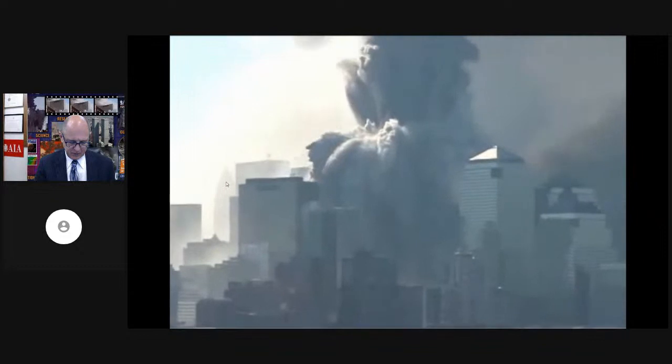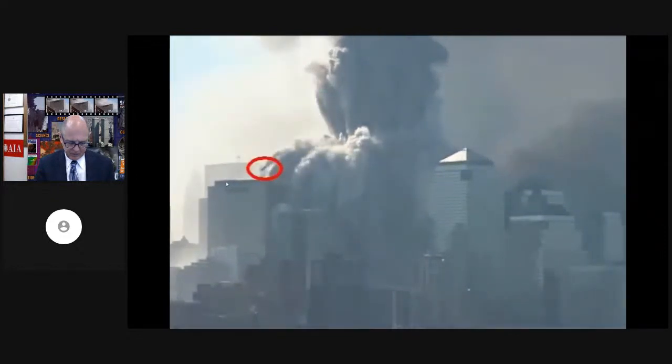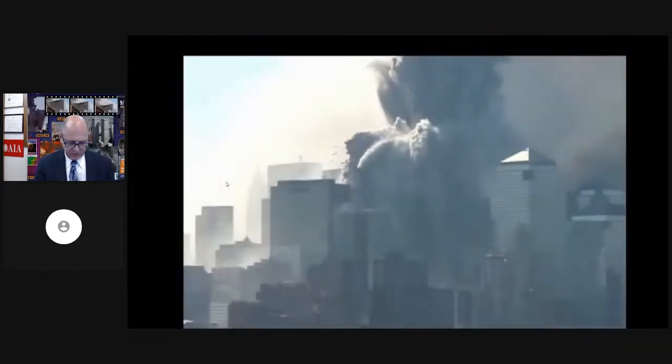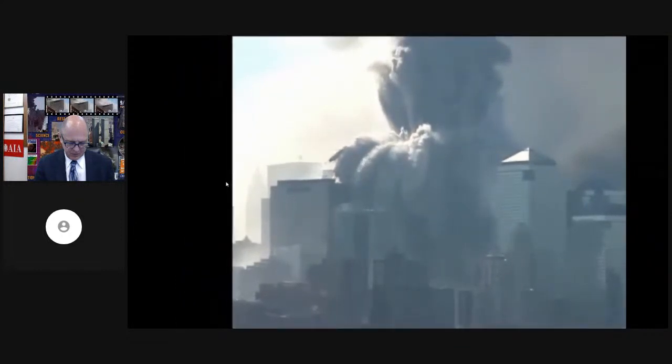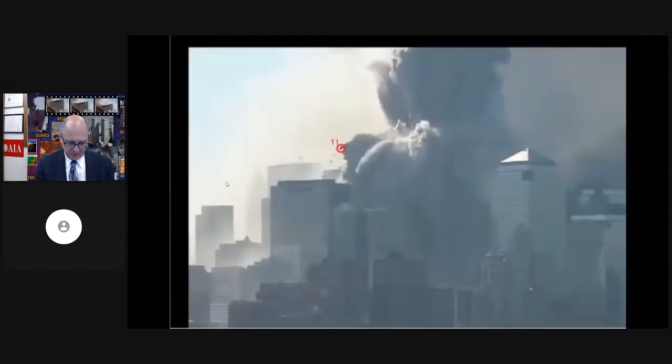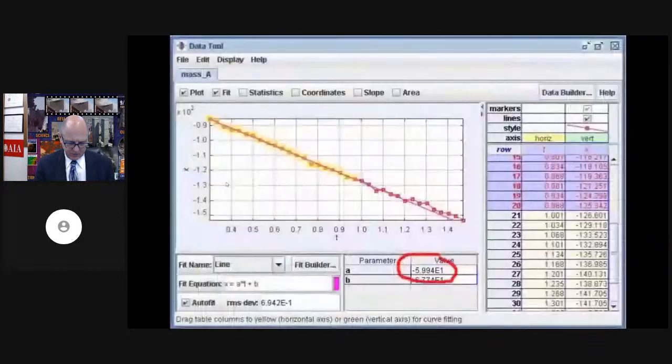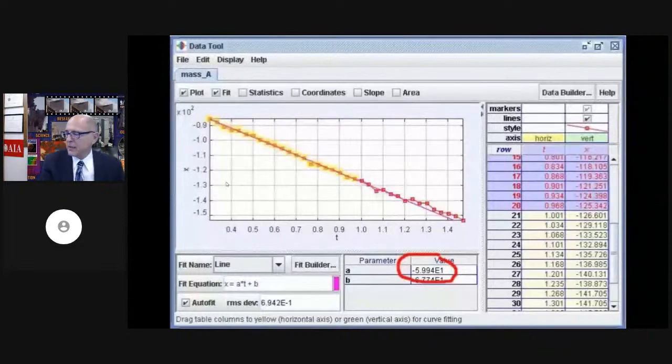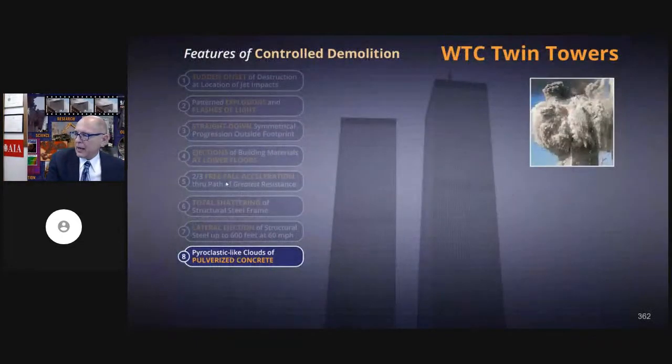I'm here measuring the horizontal speed of what appears to be one or more wall units, which are being thrown northward from the North Tower. Because it was recorded by a handheld camera, I had to first stabilize the image. Then I did the measurements from the stabilized version of the video. Final result, 35 meters per second, which is 78 miles per hour. 78 miles per hour. That is an extraordinary speed.